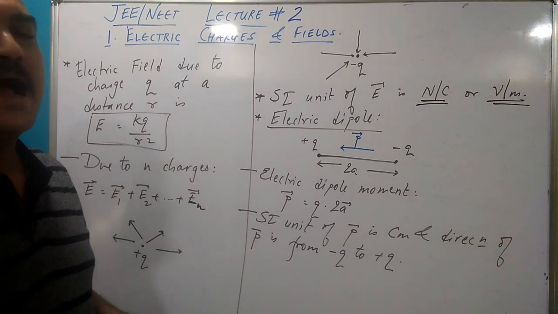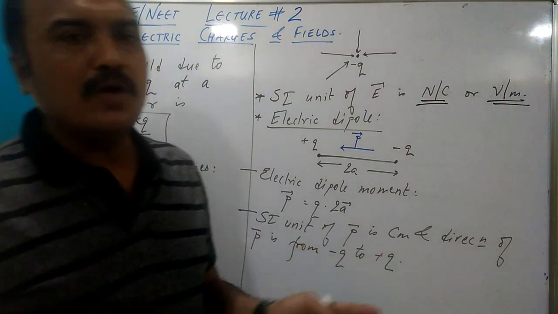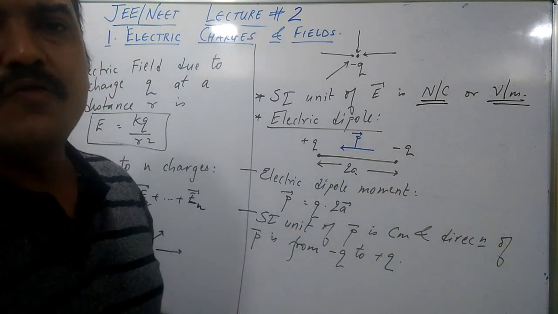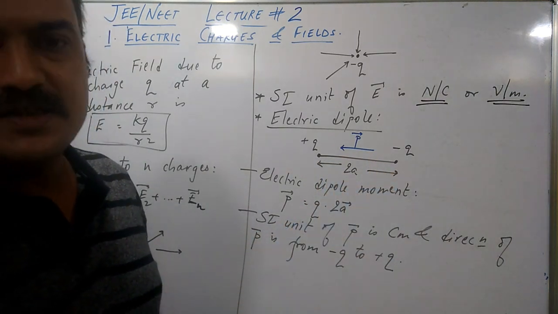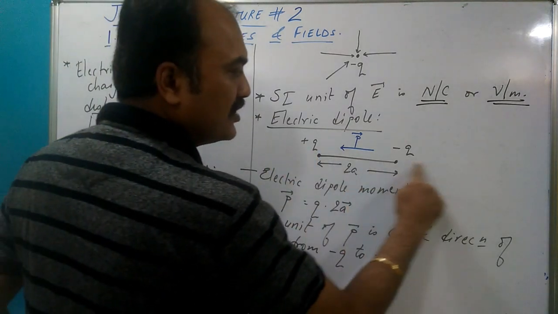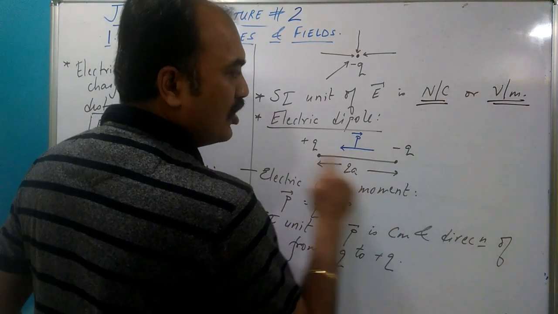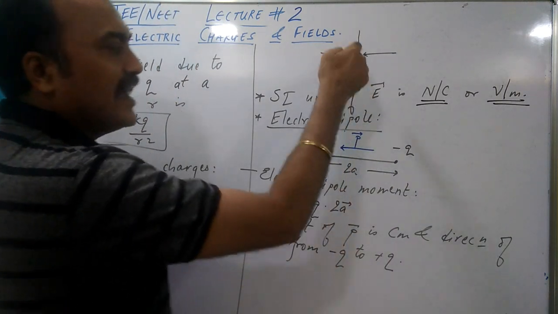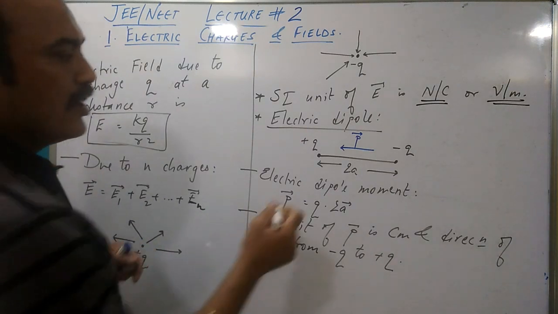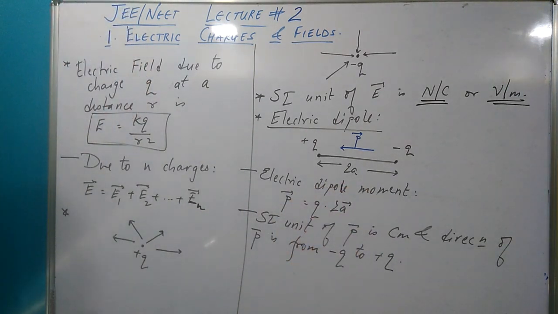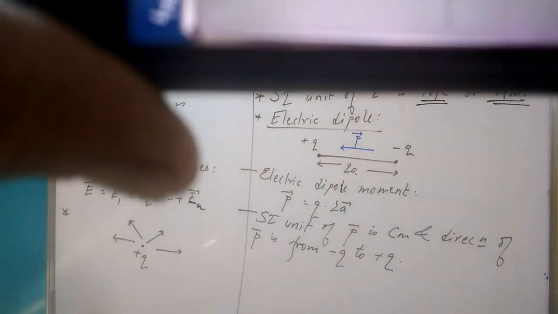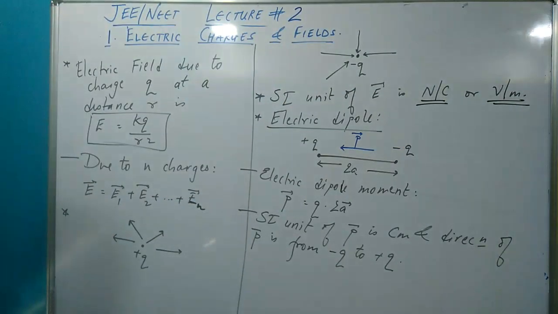Now we shall go on, and in this idea we shall look at what will be the electric field at any point due to this dipole. You've already seen the theory in the NCERT. We are just here to know the equations and apply the idea. The line that contains both the charges of the dipole is called the axis of the dipole, whereas the line which is perpendicular to the axis of the dipole is called the equator of the dipole. So here we shall look at the axis and equator and the electric fields at these lines. So let us move on.